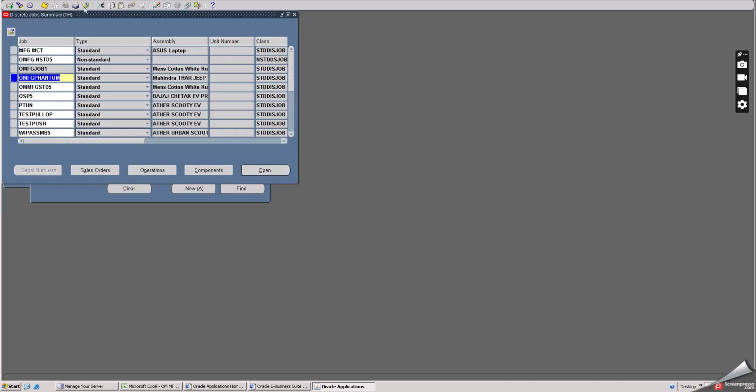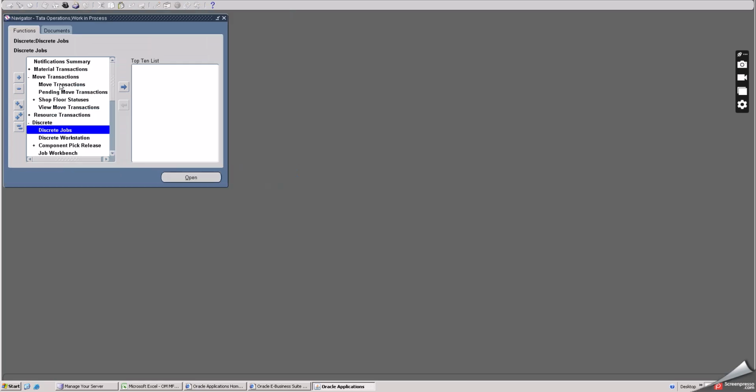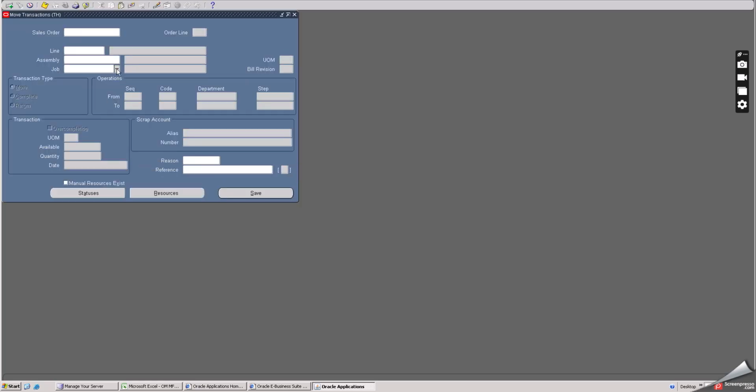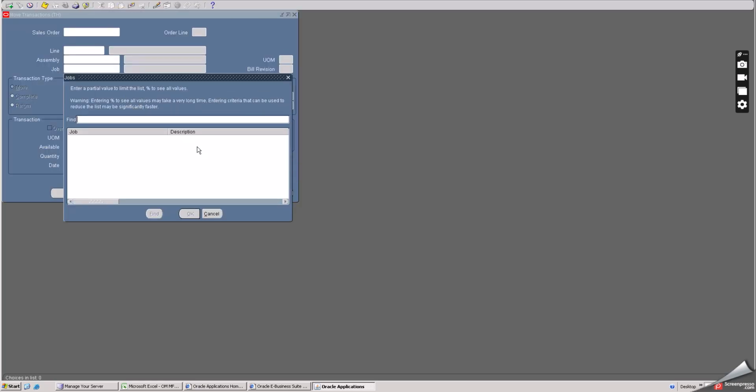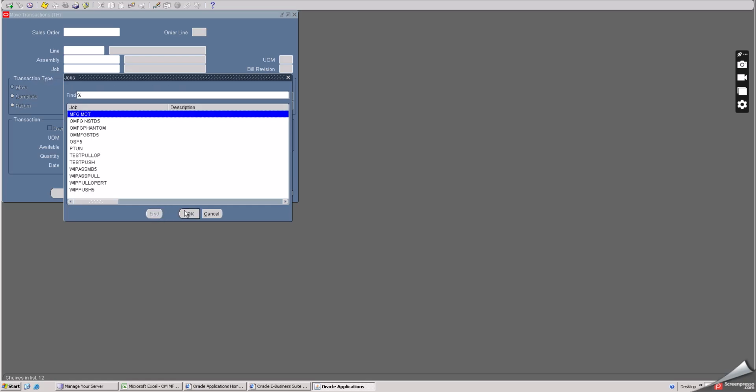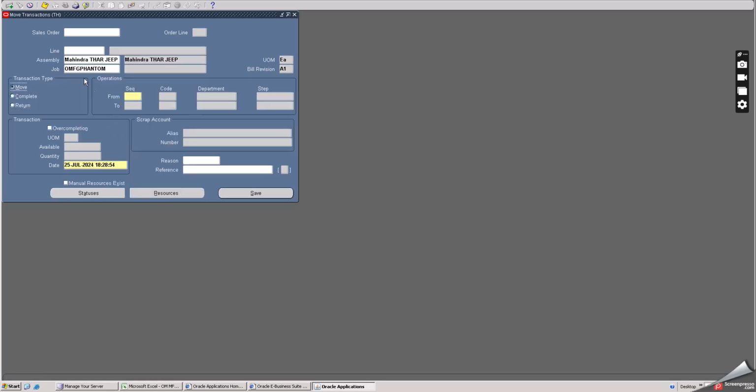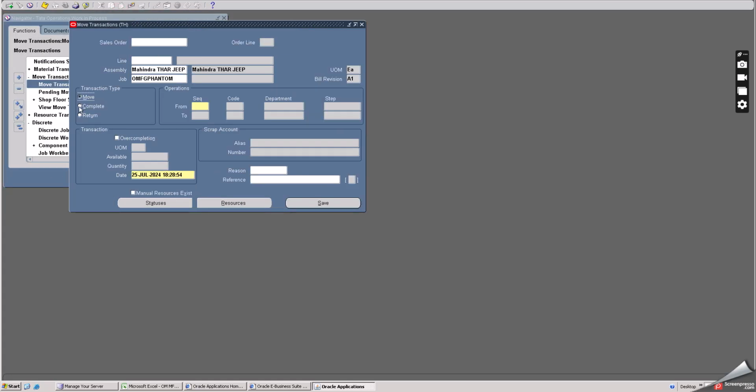See, now what I do is I'll create a complete move transaction. The complete move transaction will be created now. Transaction types are move, complete, and return. By using Phantom, I'm returning a component. What I do is select complete and say